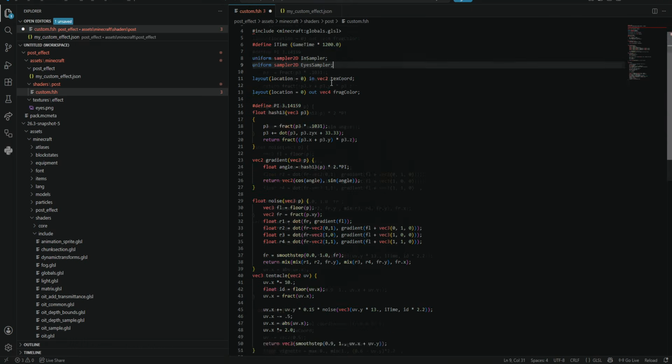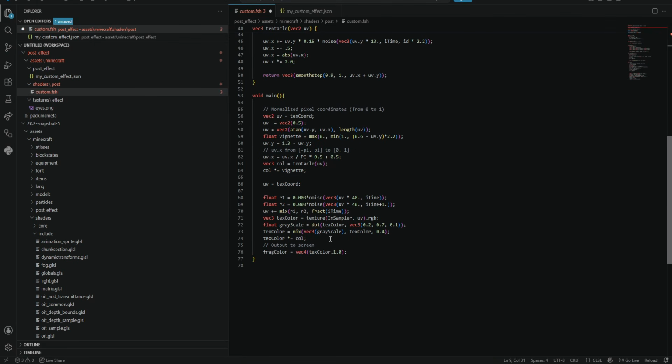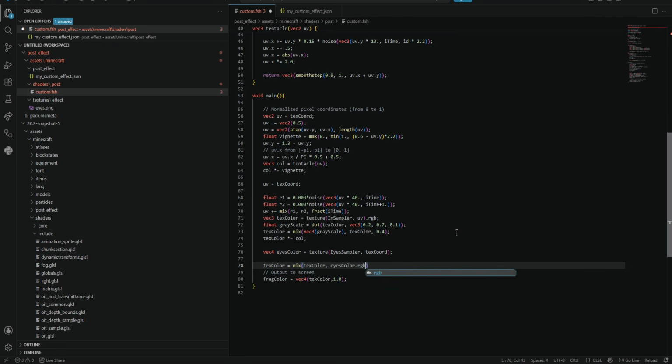Okay. Now I can use this and basically abuse it for my own purposes. So let's write this texture into its own variable. vec4 eyes color equals texture of eyes sampler and tex coord. And now we can combine this into our output color. So tex color equals mix of tex color and the eyes color.rgb, and the mixing progress is just the eyes